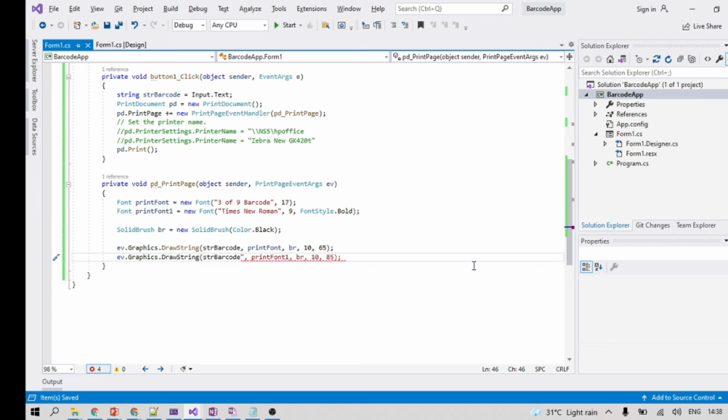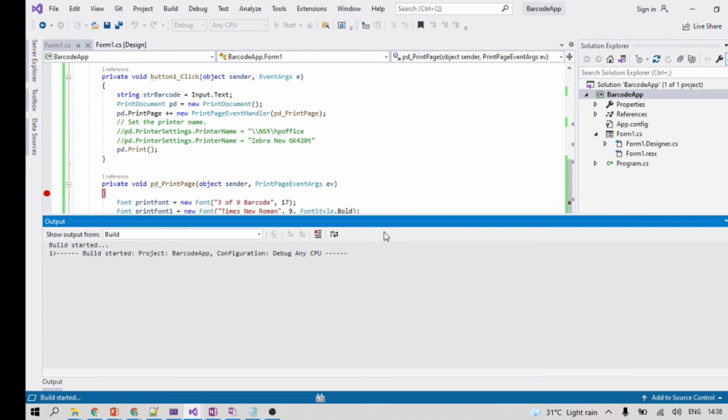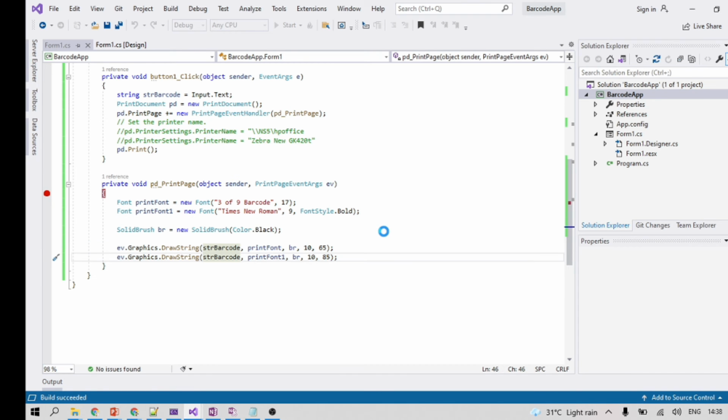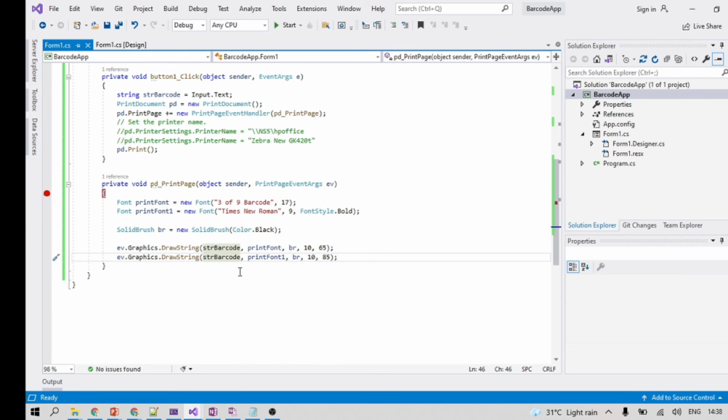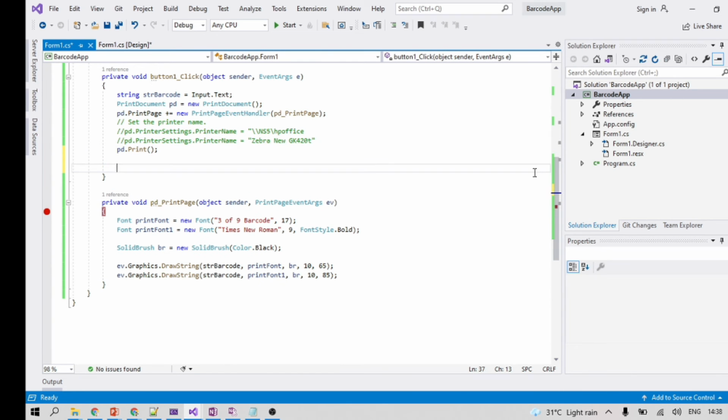Okay, let's run it and see the output. Once it is successfully run, we also need to display the success text.